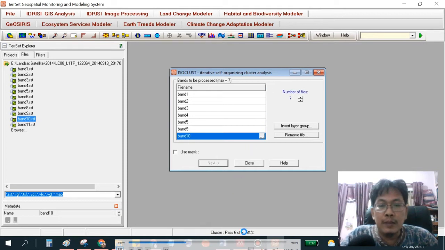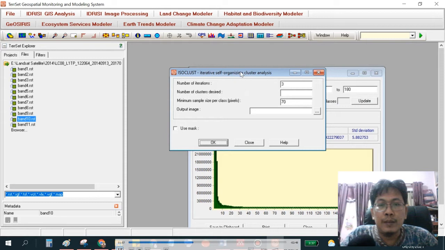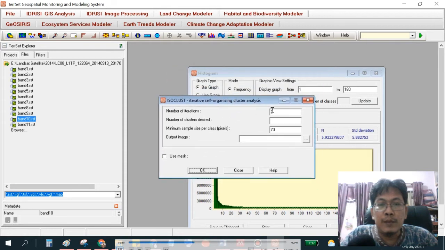Okay, this is the last step. Then we see the histogram, and this is the window. There are 3 iterations, and we fill in how many clusters, 18 for example, and we have to put the output image.